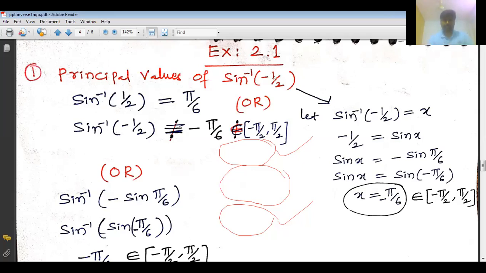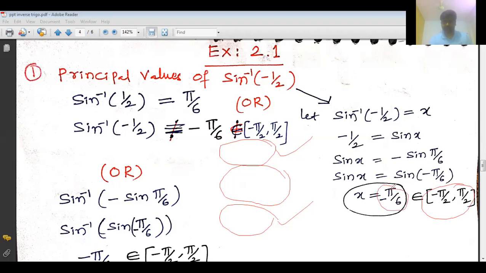See, sine inverse of minus 1 by 2. How can you find sine inverse of minus 1 by 2? Directly, can't you say it is minus 30? Because sine inverse of 1 by 2 is 30 degrees, sine inverse of minus 1 by 2 is minus 30. Can I take minus 30 as the result? Yes, because minus 30 lies in that interval, the range. What is our range? Minus pi by 2 to pi by 2, closed interval. So can I take that as the result? Because this resultant angle lies in that.